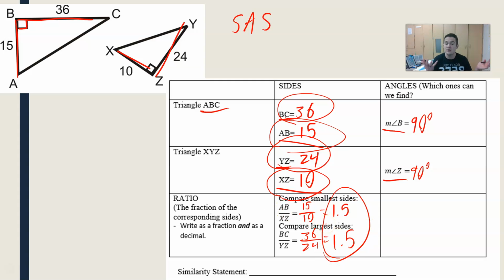Since those ratios are the same, these two triangles are similar by side, angle, side. Okay? So my similarity statement would look something like this. Triangle ABC, and I go along the shortest side to the right angle and then to the longest side, ABC. So if I'm going along the shortest side to the right angle to the longest side, that's going to be